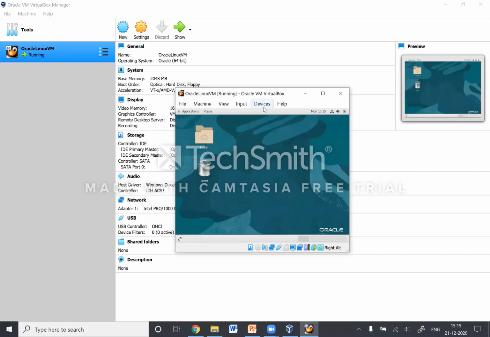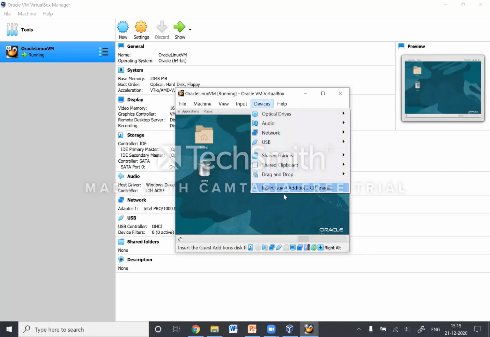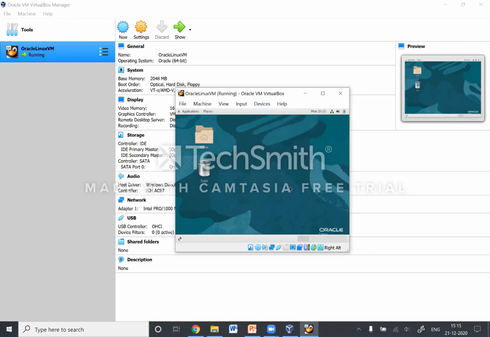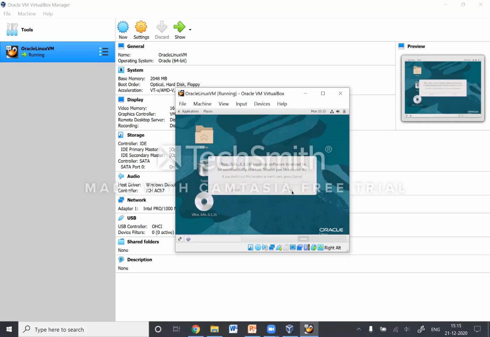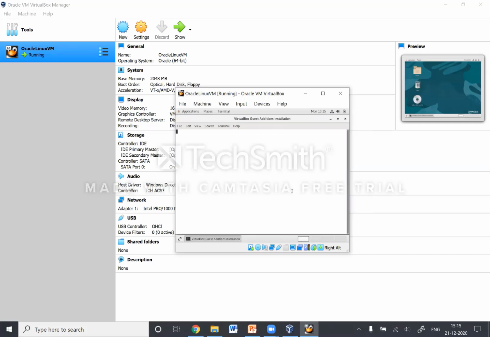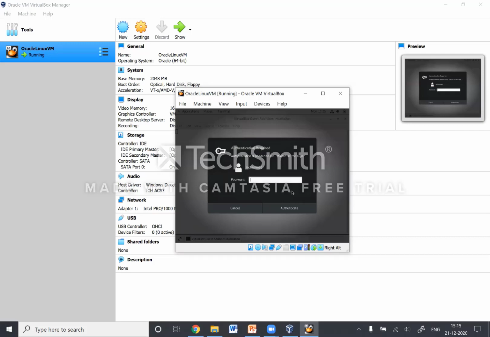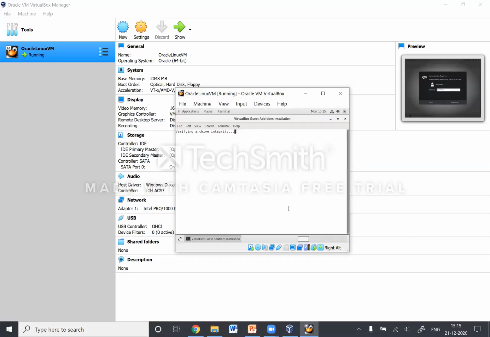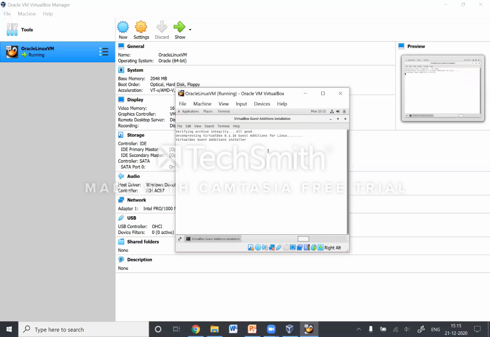Once this is done, we click on devices and we click on insert guest edition CD image. Now we'll click on run over here. It will ask us to authenticate with a password. So we'll type in a password and click authenticate. Now this VirtualBox guest edition installer will start.